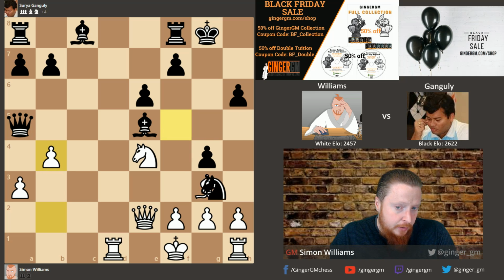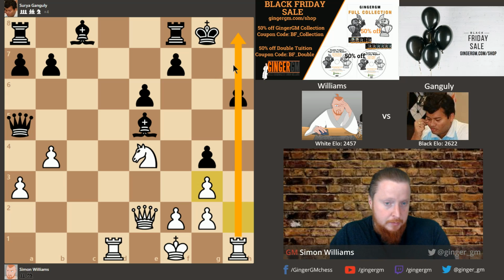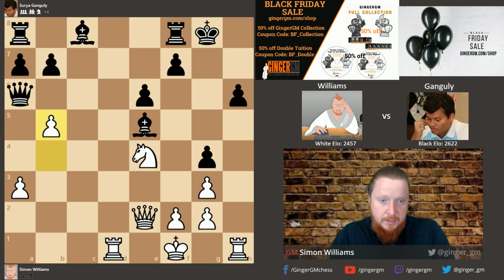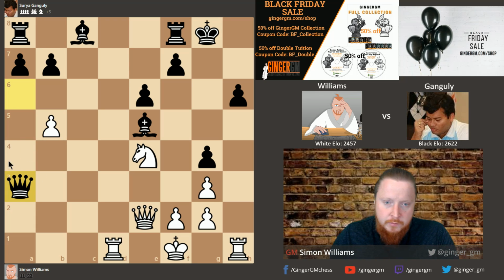Now he can play knight takes g3, but now we see my rook opening up. He still has to move his queen. If he tries to swap off queens, I flick in b5. And let's say he takes here. Now my attack comes, and it comes with power. I take here, check,